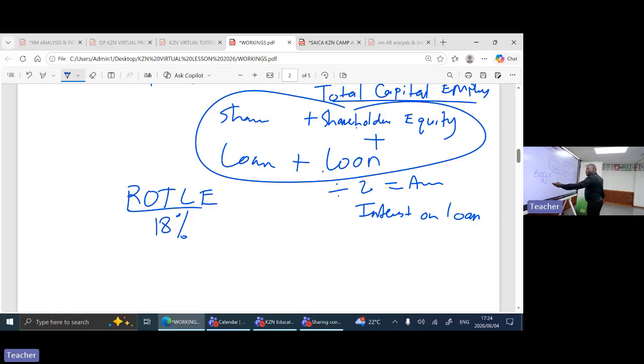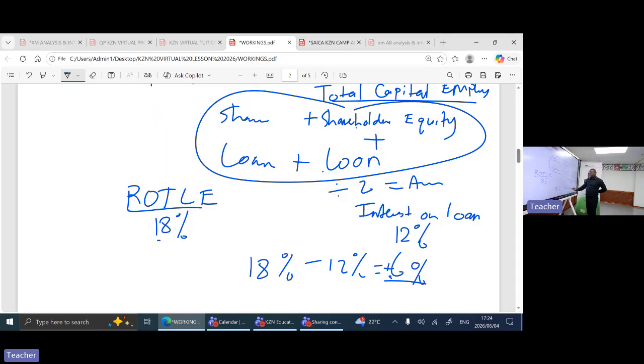This is what we are making with the borrowed capital. We are making 18% with the borrowed capital. But how much are we paying back to the lenders? Maybe we are paying 12%. So are we making positive use, a good use, of these loans? When you check here, 18% minus 12%, you get 6%, which means we are making good use of loans because